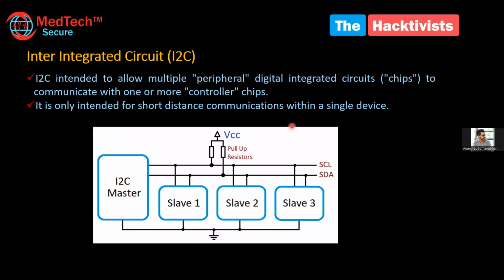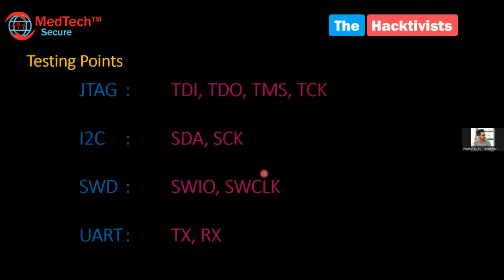And from this perspective, the points which we generally have are SCL and SDA. So through this serial channel, the communication will be happening. These are some of the common protocols which we come across in most of the IoT devices. And just for your reference and for easy understanding, I have listed out the major points